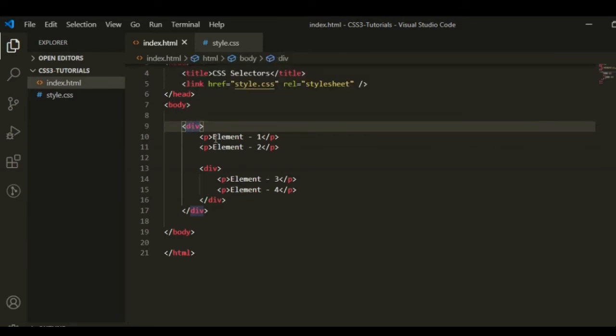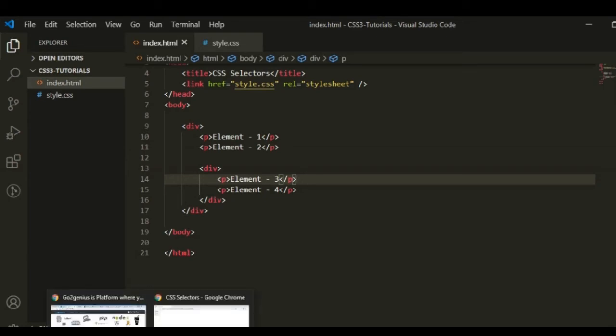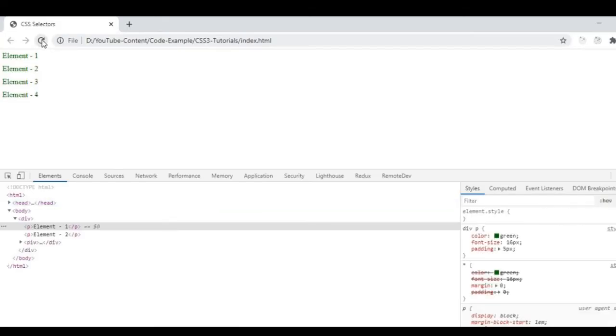In descendant case, it doesn't matter the child element is a direct child or indirect child. CSS will be applied on all paragraph elements inside the div element. So here I have taken some other paragraph elements inside another div. So let's see.